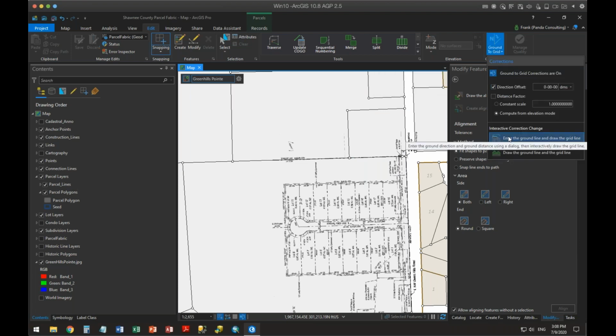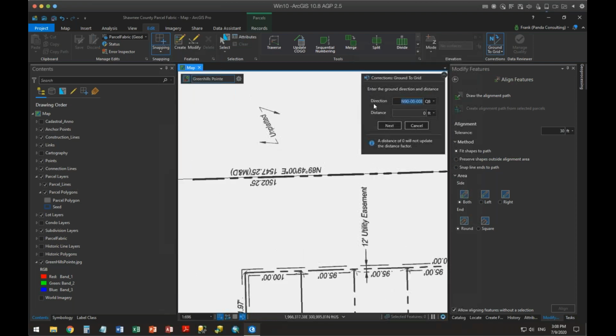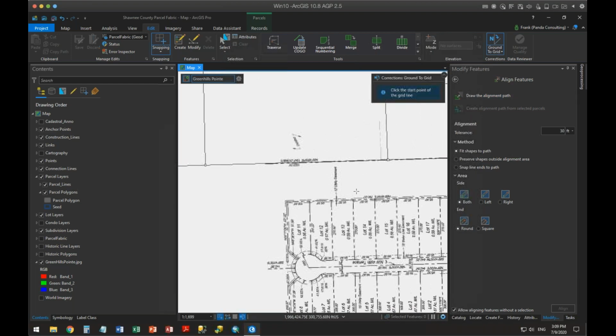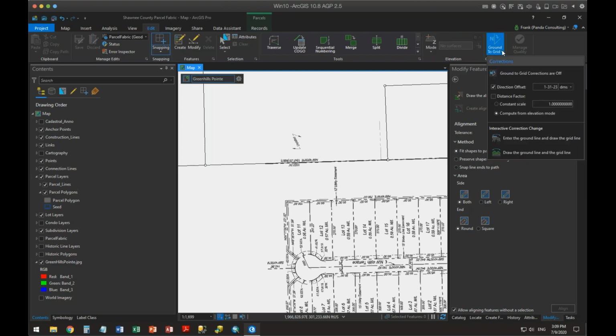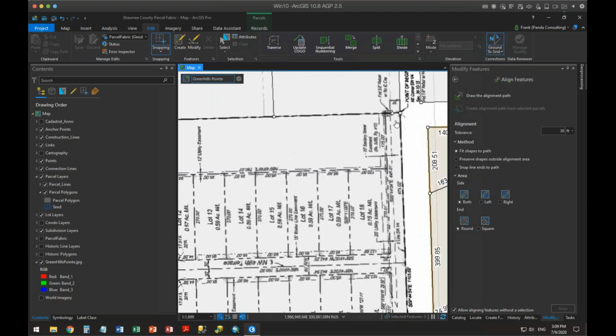I want to go in and input this, and it's going to say, okay, what is the bearing that this line is supposed to represent? 89 degrees, 49 minutes, 00 seconds, and that is southwest. The next thing it's going to do is say, now give me that line. And there is the line there. It will show me what this correction is: 1 degree, 31 minutes, 23 seconds of rotation